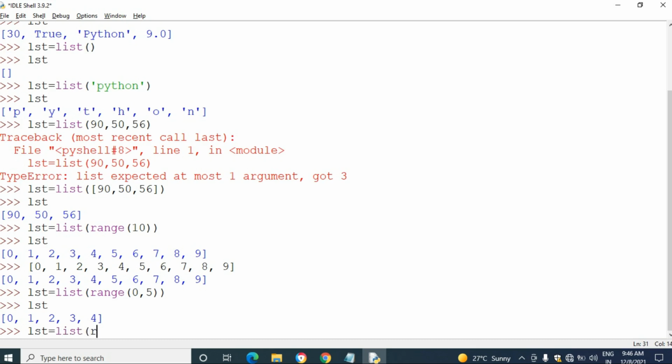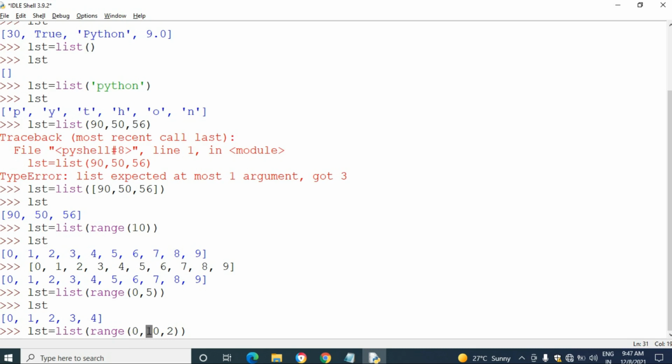List equal to list of range of... I want to print the multiples of 2 in the list up to 10.